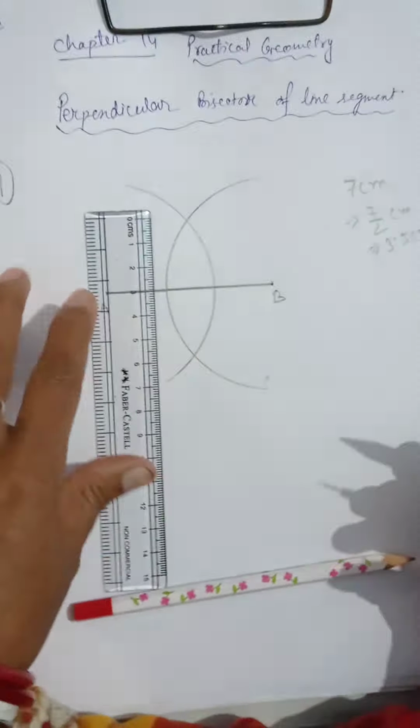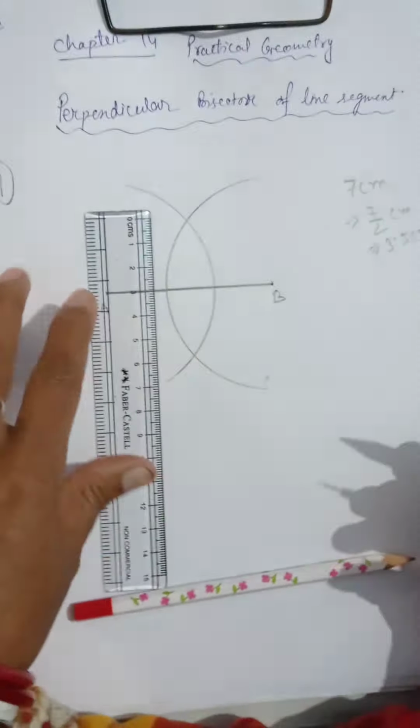I have taken more than half, but if I am taking less than half, you can observe by looking at that, yes, it is less than half. If I am taking less than half, what will happen? Will you get any intersection point? See, this side I am taking that arc, from that side also I am taking that arc. Will we get any intersection point?